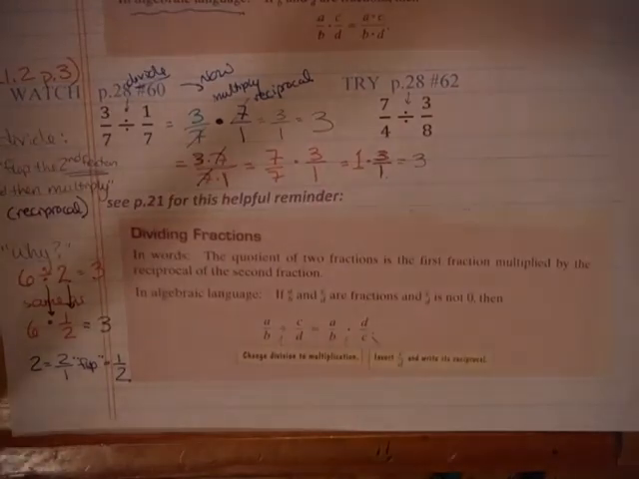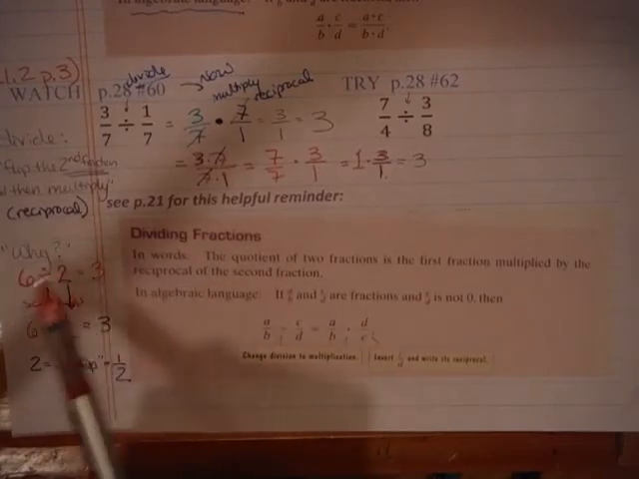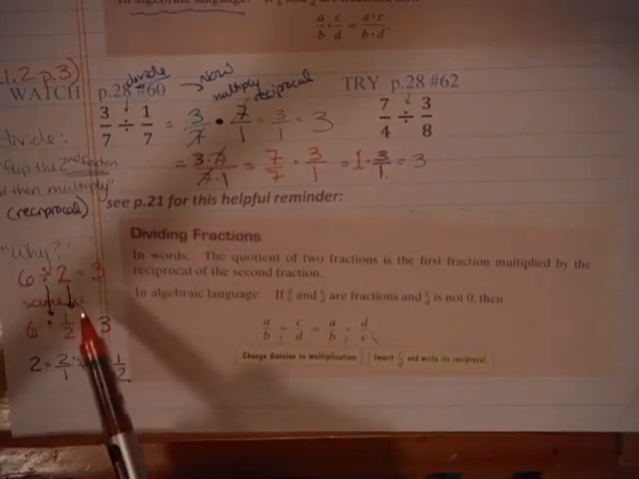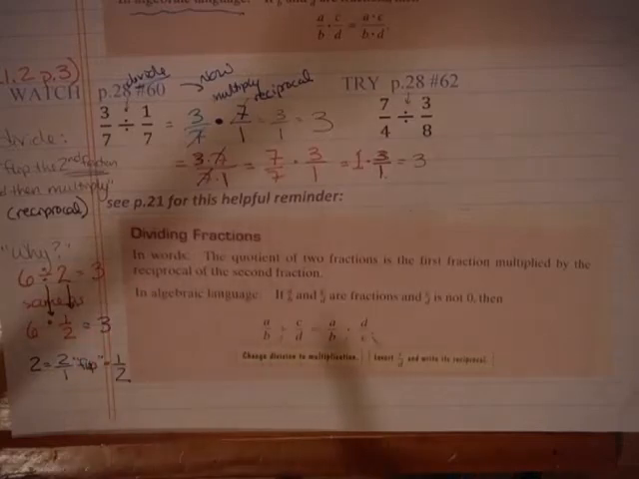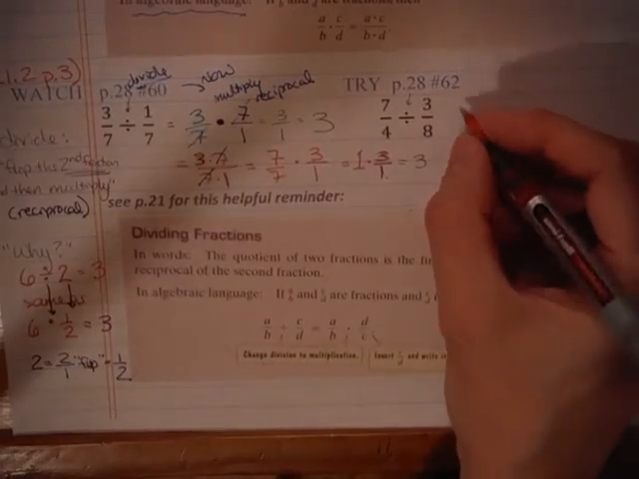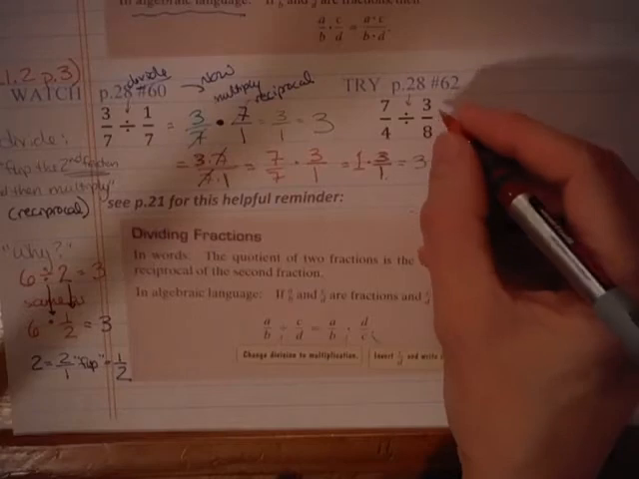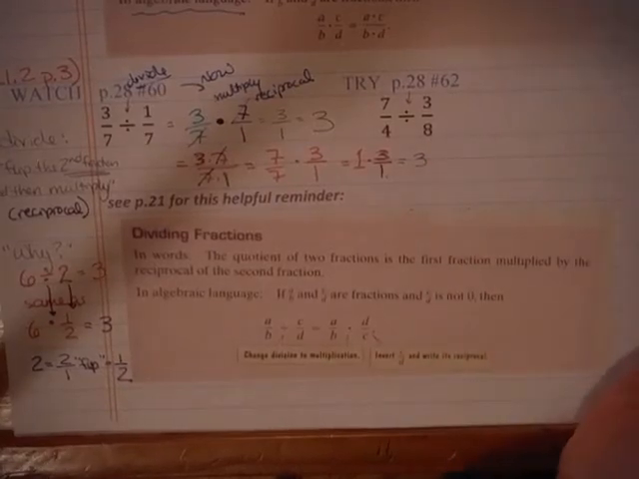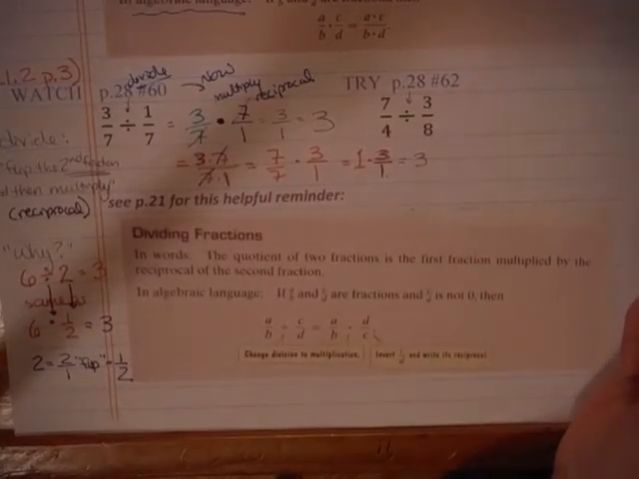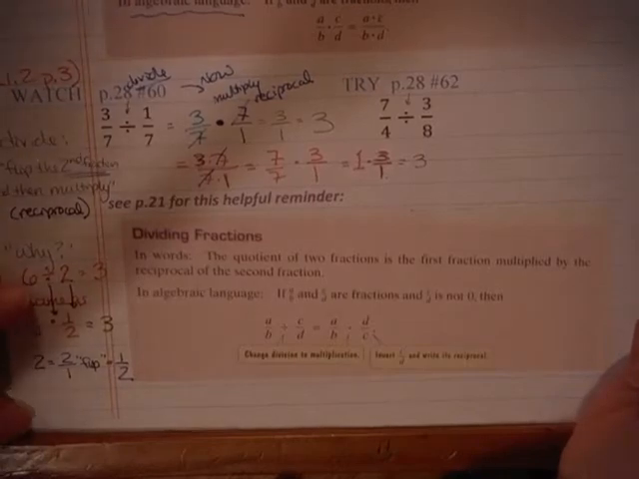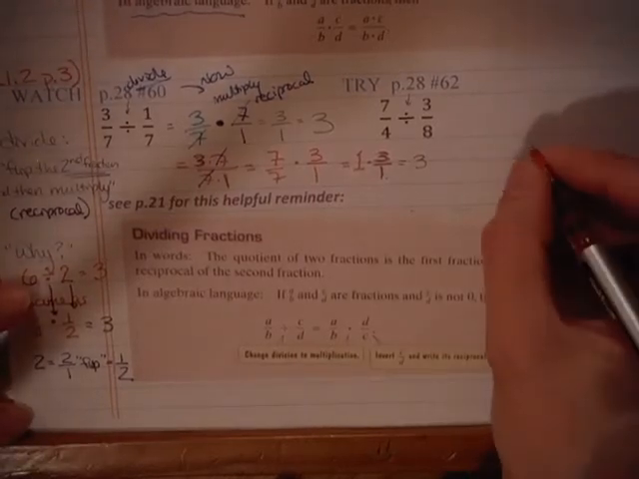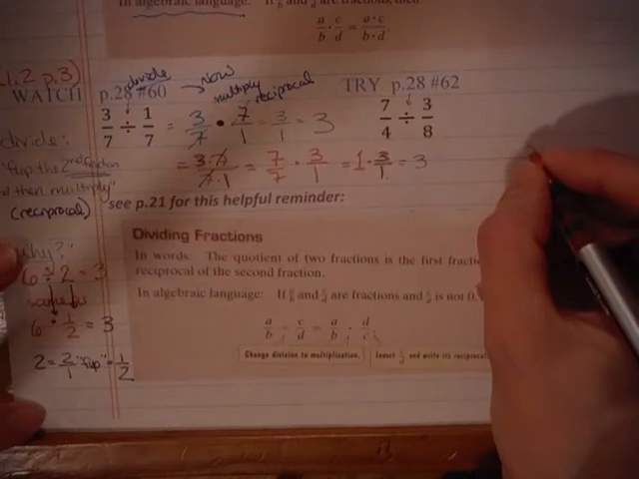So talk that through, tell somebody about it, tell yourself, note any questions you might have, decide if you're going to come see me about it, okay, I'm not totally convinced, show me again, how does that work with the flipping and the multiplying by the reciprocal. And then pause the video so you can try number 62. Okay, if you haven't had a chance to try number 62, pause the video now because I'm going to reveal